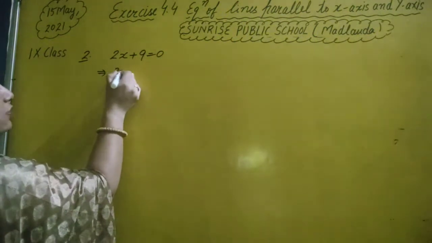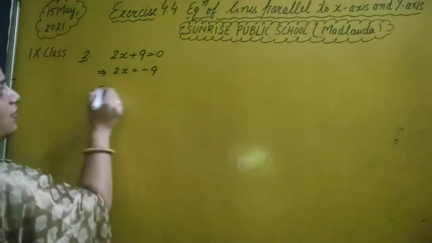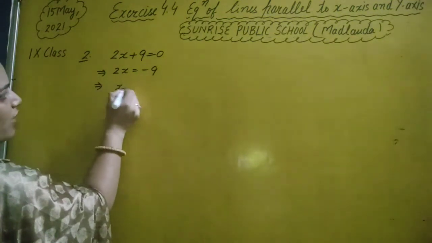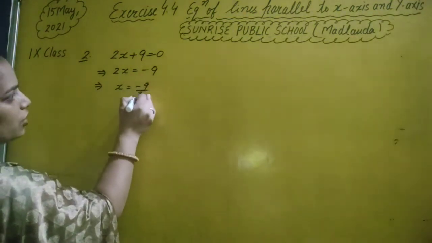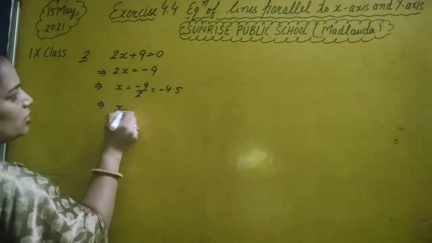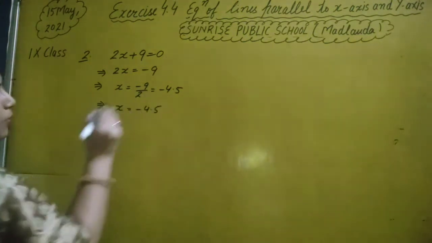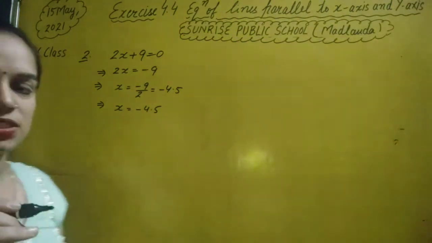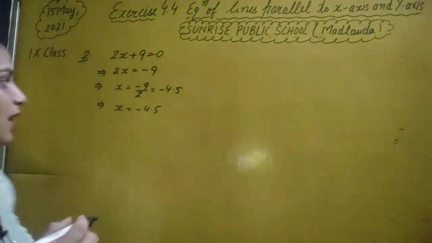Now we will take our constant term 9 in the right hand side, means firstly we will find the value of x. आप इसका सोल्यूशन करेंगे और x की वैल्यू फाइंड करेंगे। यहाँ से x की वैल्यू क्या आ जाती है हमारी? -4.5। This is the value of x. Now we can form a number line,